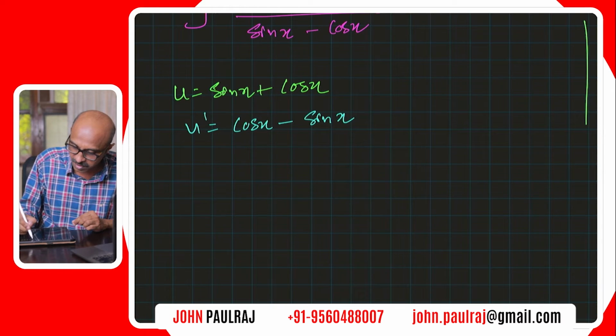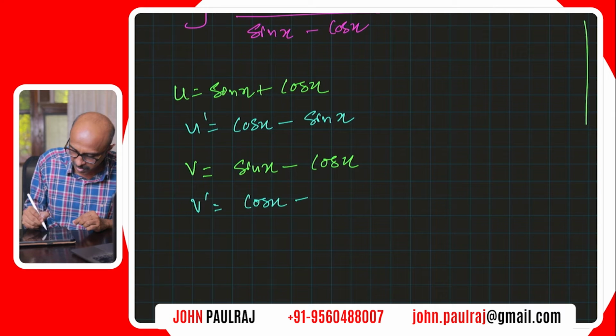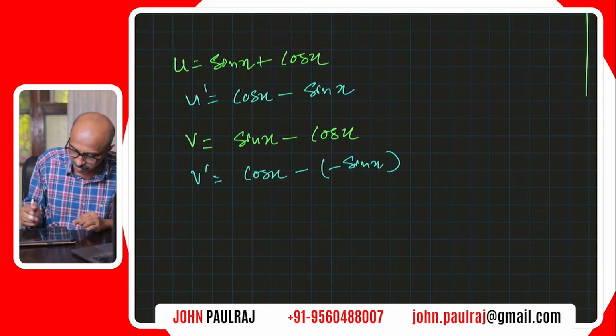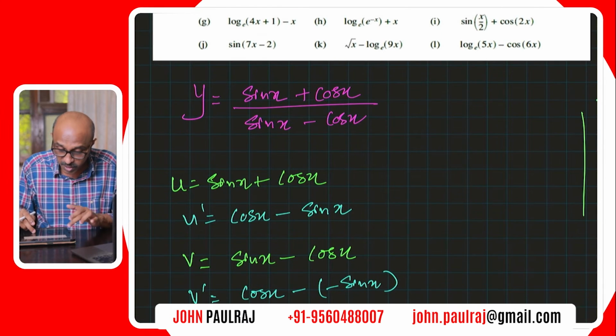Then we take the denominator, let's use the same color. v is sin x minus cosine of x, and its derivative v prime is going to be cos of x minus a minus sin x, and that can be further simplified as cosine of x plus sin x. This is just the derivative of the numerator and the denominator separately. Now you need to find out dy by